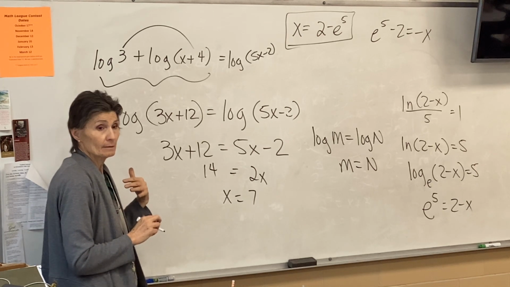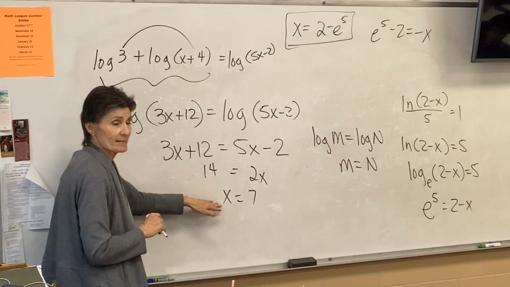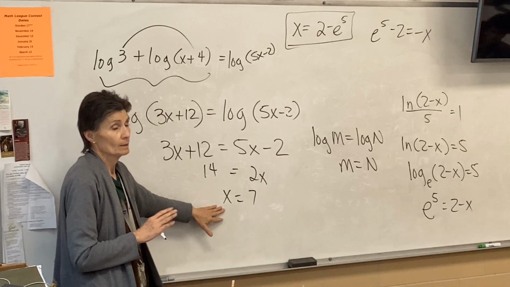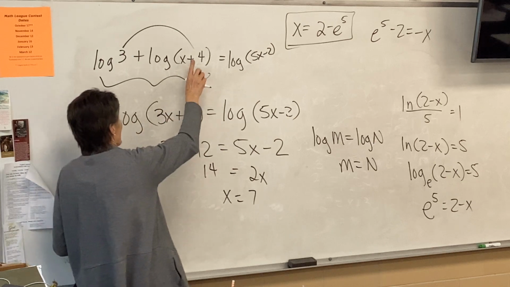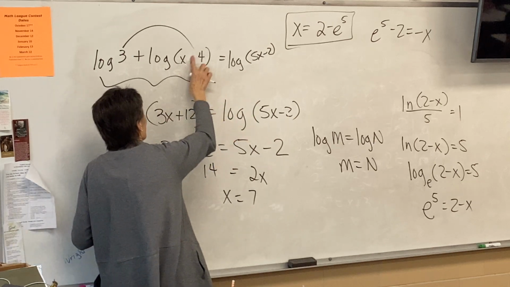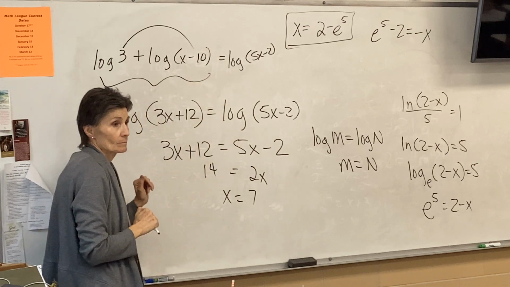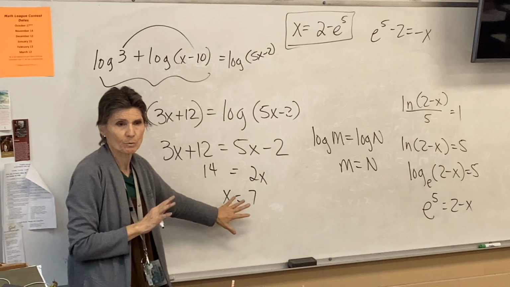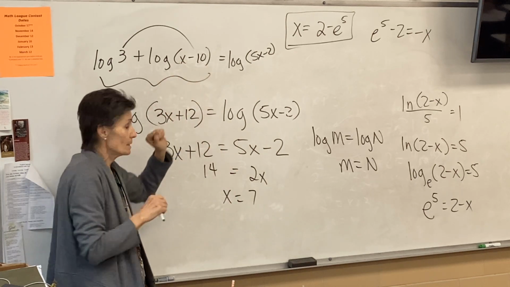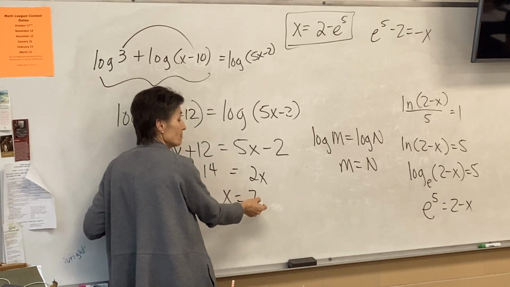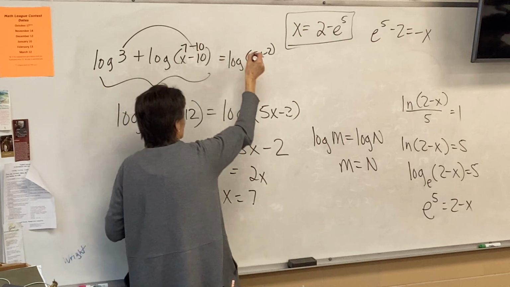Now it's time to talk about the possibility of extraneous roots. This is not extraneous. But had my problem been, instead of x plus 4, x minus 10, I would have done everything the same. Of course, the answer would be different. But let's suppose that was the original problem. If I put 7 into both of my parentheses,